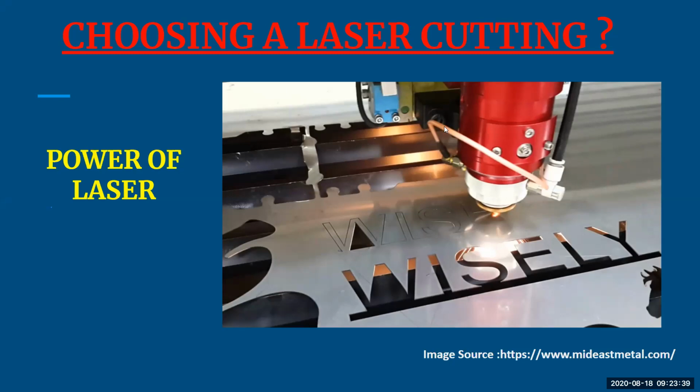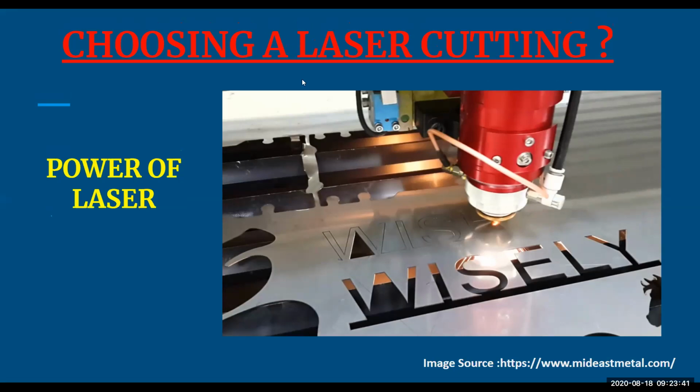We can cut any type of material, whether wood or any kind of material like steel or aluminum, everything can be cut. But you have to make sure that the laser power is very good. It has to be strong, because that is what is going to help you to cut your materials. The best part of laser cutting is that the material is always placed on a flat surface, so accuracy can be found when you're cutting with the help of a laser cutter. Let's move to the next.